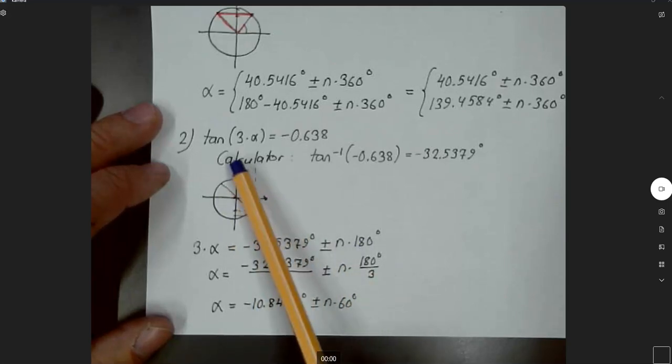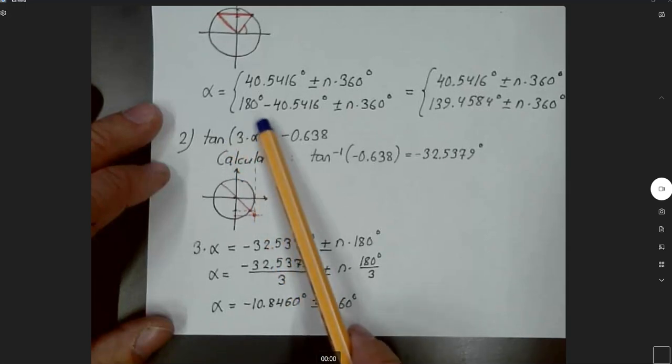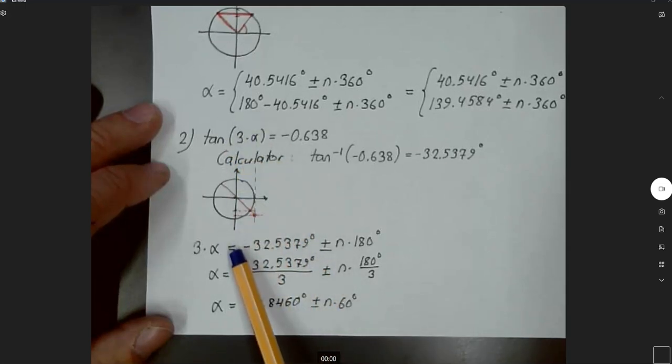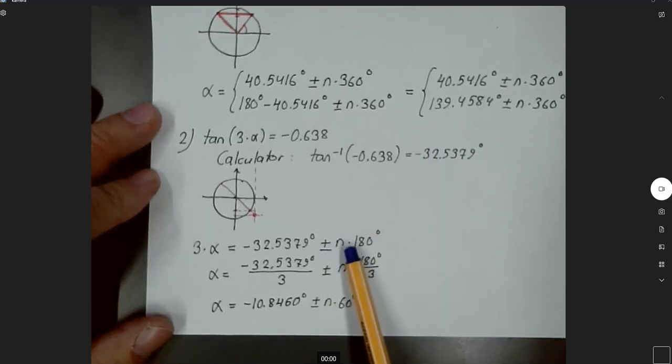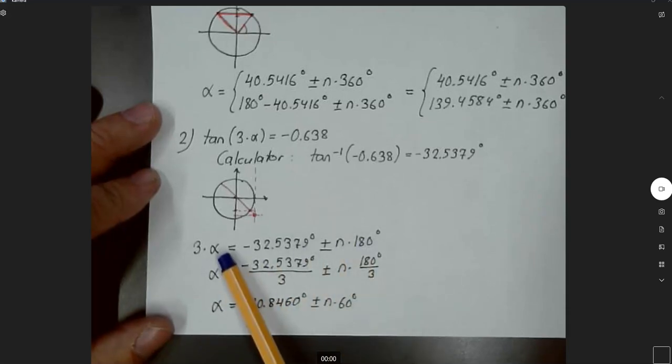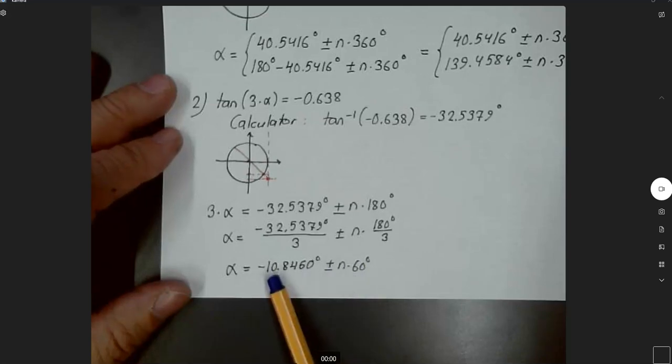So we put 3 times alpha equal to the solution we found from the calculator plus minus n times 180 degrees, and then we solve the alpha from this equation, and we found